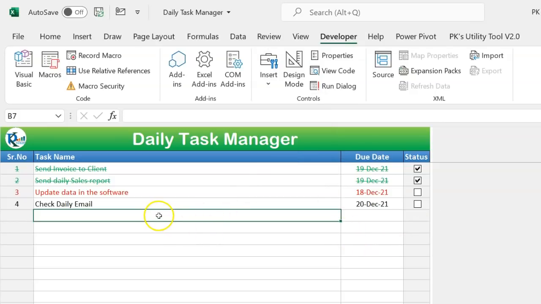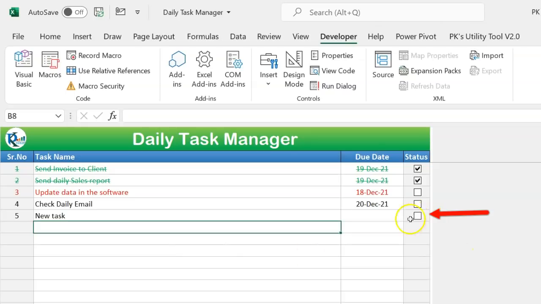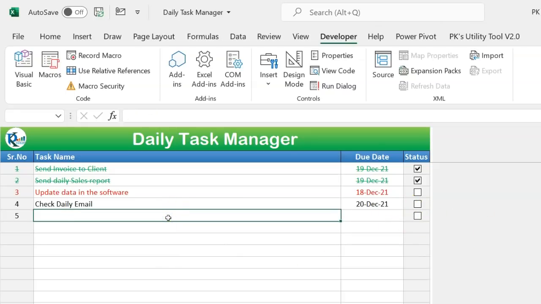So what I have done here, I have put an automation. As you add your new task, let's say new task, you can put your task name properly, and as you hit enter, the new checkbox will be created automatically, and once you remove this, that checkbox will be removed. Okay, so it's totally automated. If you have written the tasks somewhere in the mail body or OneNote, you can copy it and paste it here. Automatically it will create the multiple checkboxes.